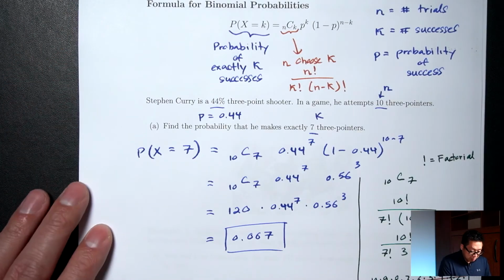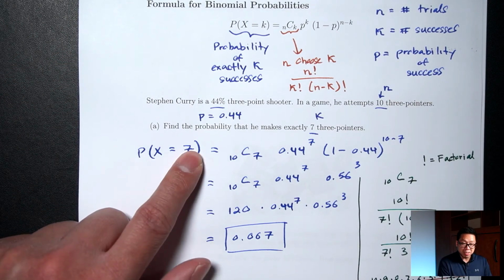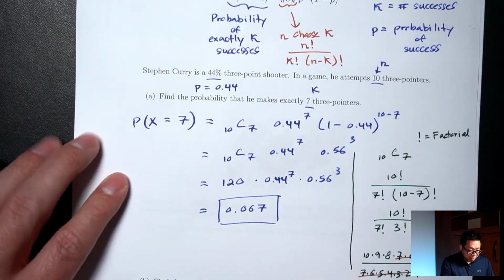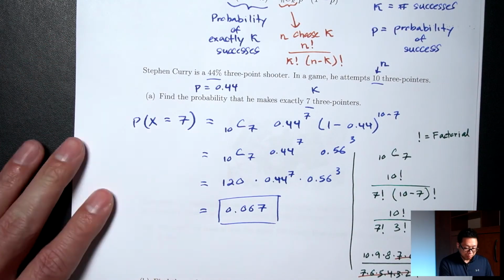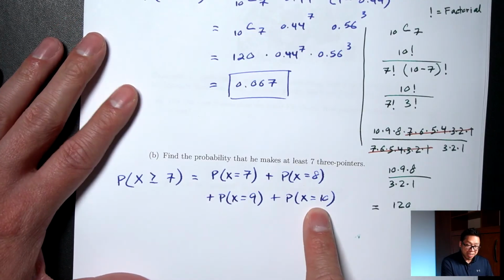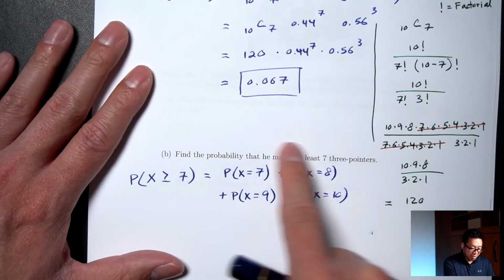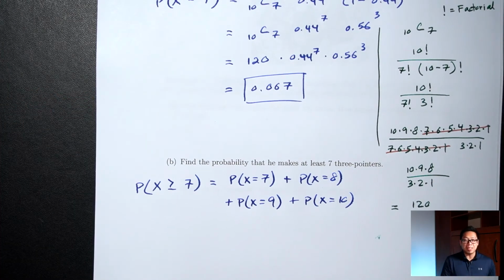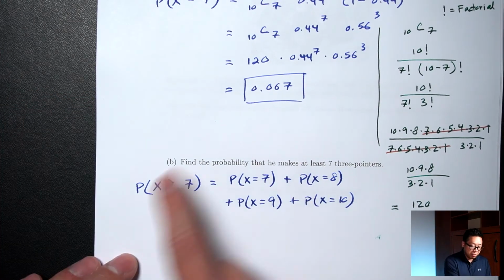So we already found the probability of getting exactly 7 successes, and that was 0.067. Now we have to do it again with an 8 there. Then we have to do it again with a 9 there. Then we have to do it again with a 10 there, and then add it up. It's kind of a pain. The good news is at the end of the lecture, I'm going to show you how to find this on